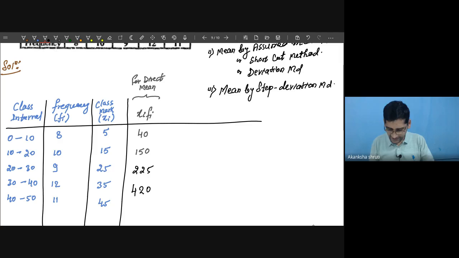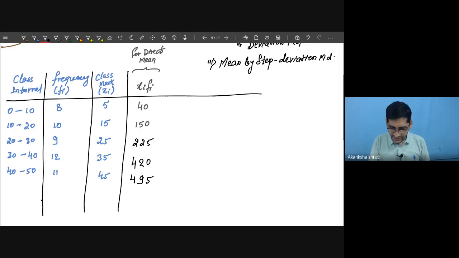Go for multiplying this: 5 ones are 5, 4 fives are 20, and you get 495. Okay, this one. Now, for the direct mean method,